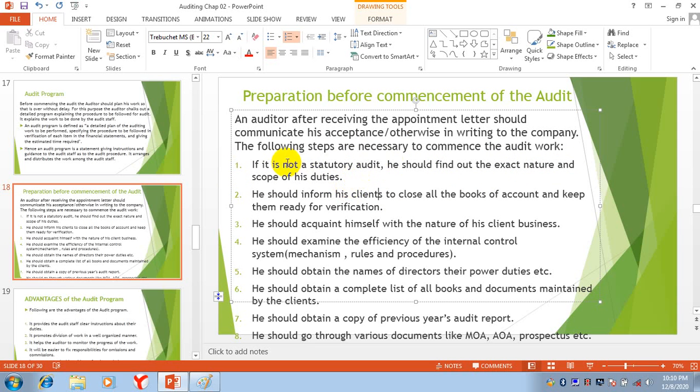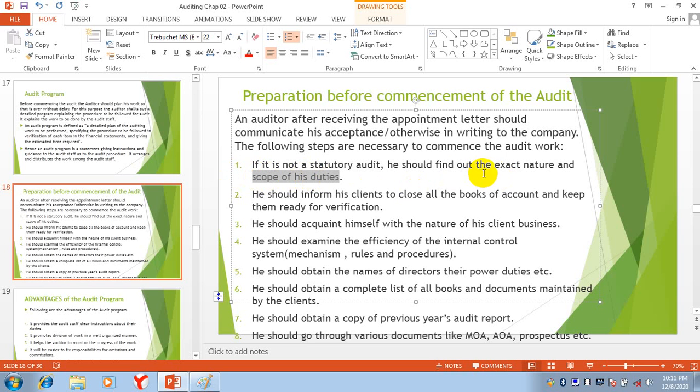But if it is not a statutory audit, what will you do? You will find out the exact nature of your audit, and what is the scope of your duties. In this audit, what will I do and what is the scope of my duties? What are my boundaries?